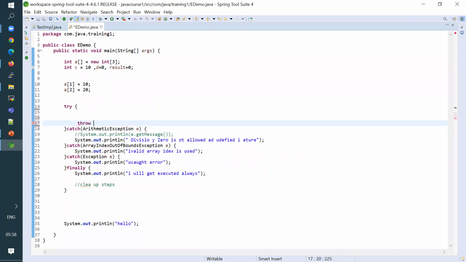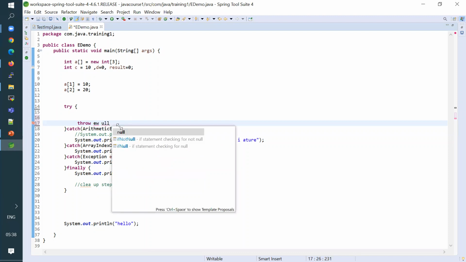Using the throw keyword, we can throw exceptions, and we can catch them. So basically, explicitly, we are throwing some sort of exception. For example, here we can throw a null pointer exception sort of.